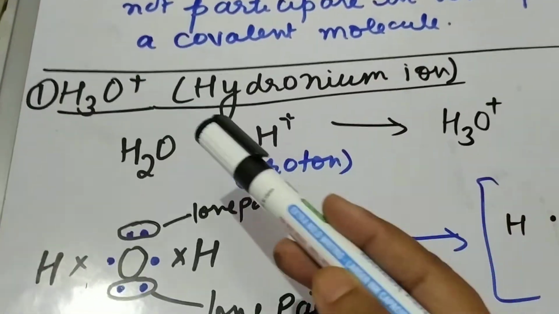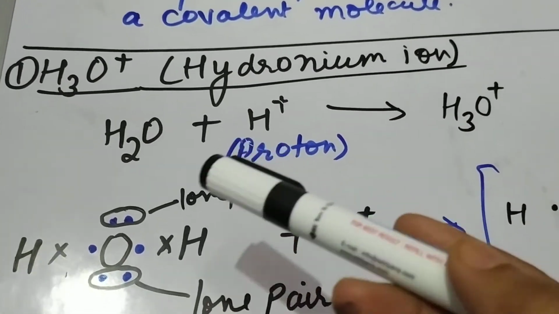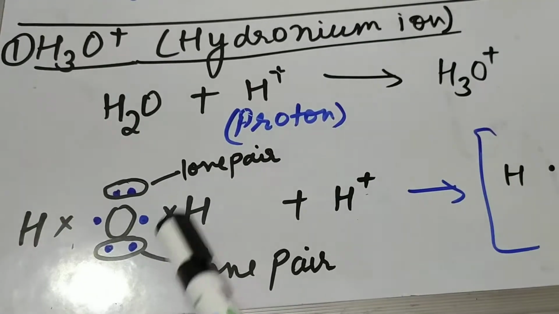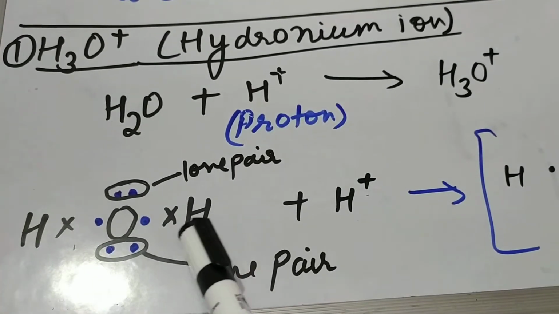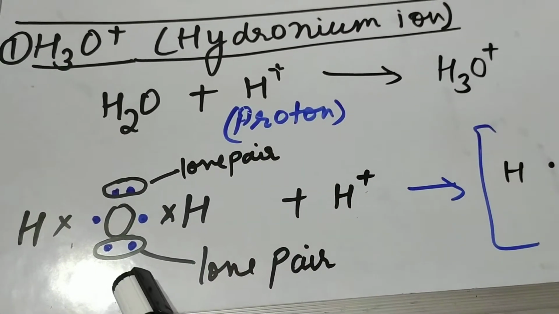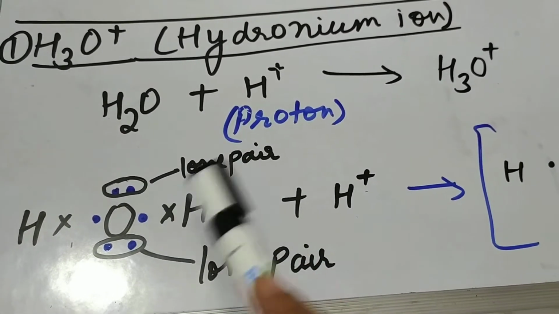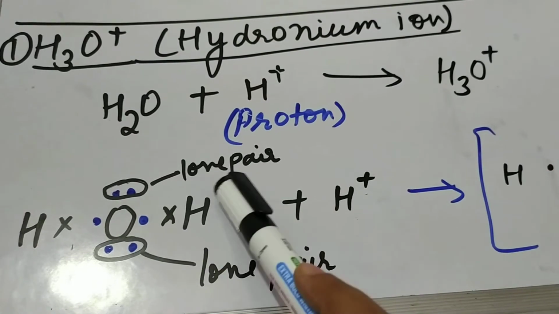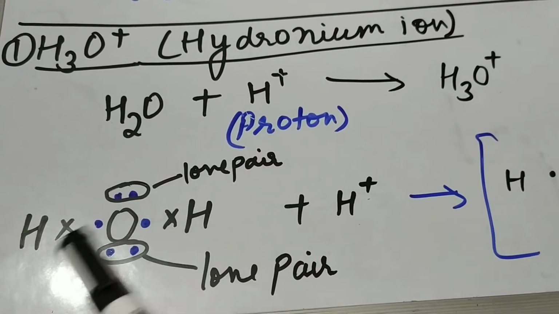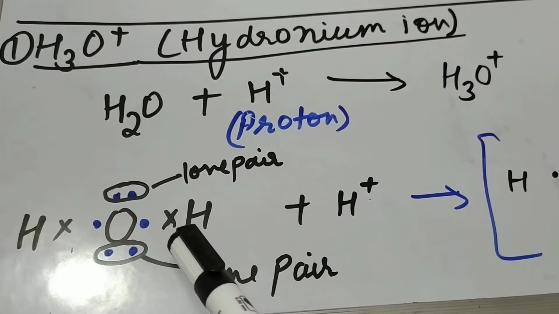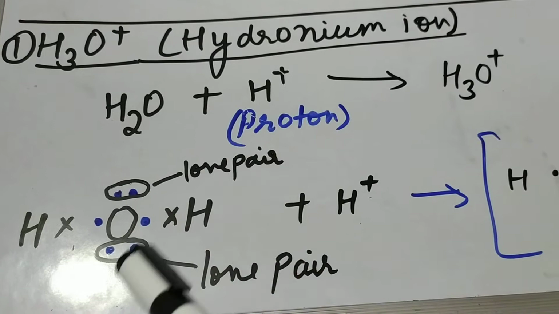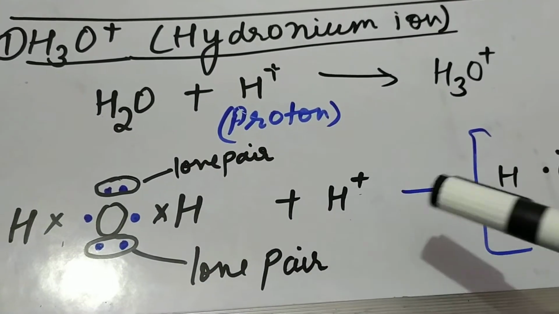Let's see here. First we'll draw the electron dot structure of water as I've told you in the previous video. This is O having 6 electrons, hydrogen with 1 electron each, one is shared with the oxygen atom, and 4 electrons are remaining back that are called lone pairs of electrons, which are not involved in the bonding in the water molecule, and these two are the bond pairs which are involved in the sharing of electrons. So there are 2 bond pairs and 2 lone pairs of electrons in the water molecule.